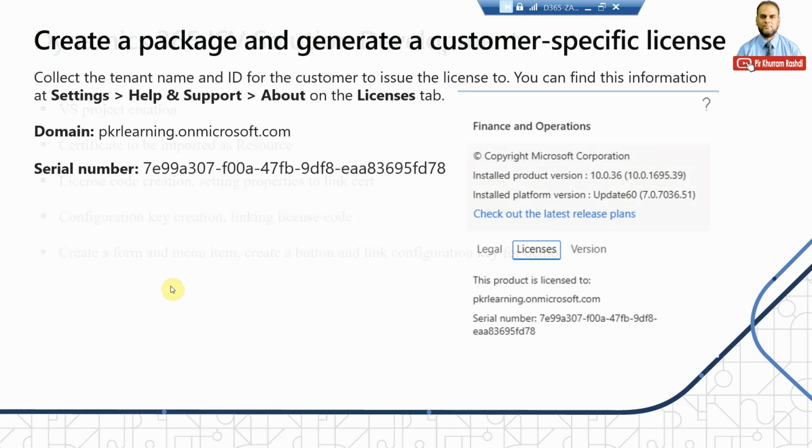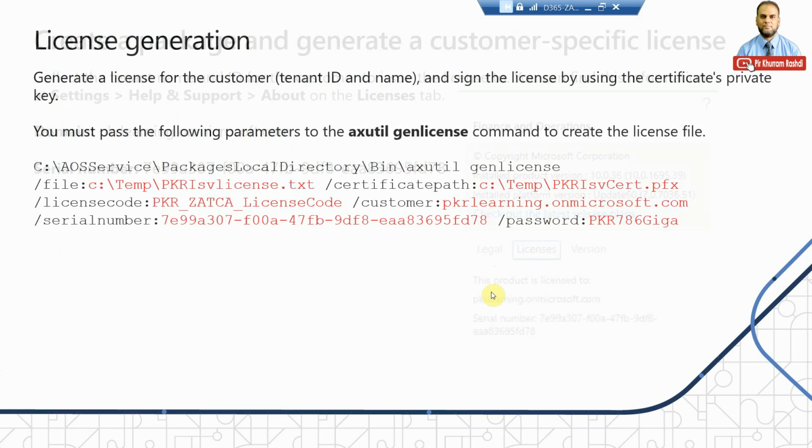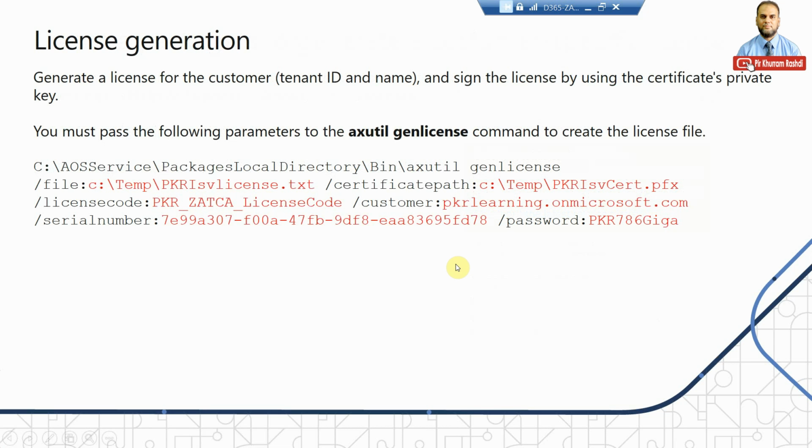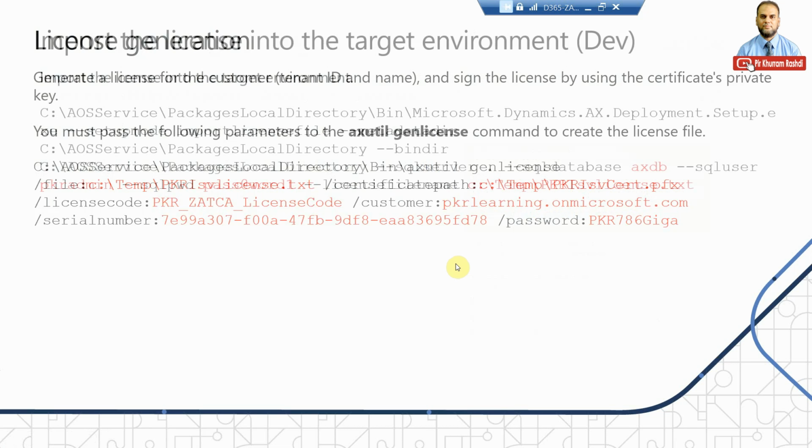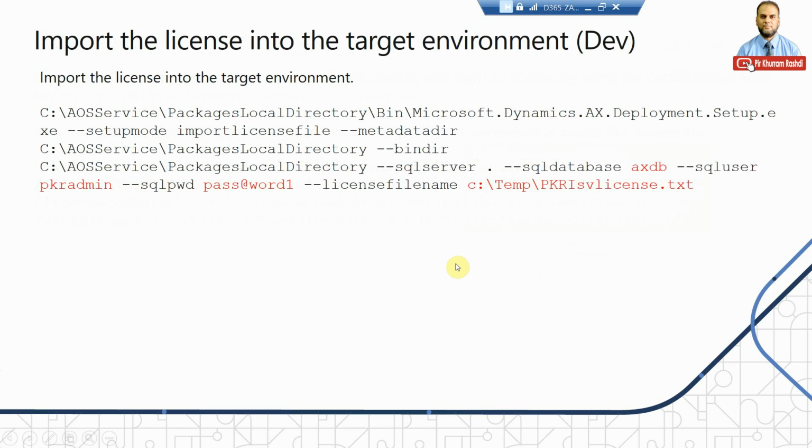Then we deployed, we took the customer information like serial number and tenant ID, and then we used the generate license command of axutil to generate the license,